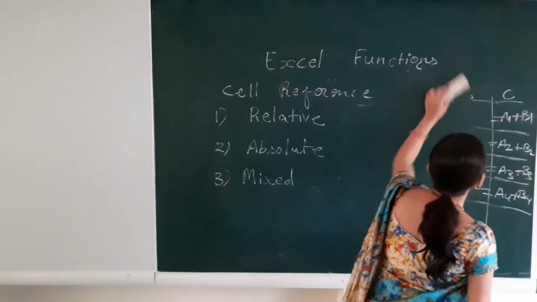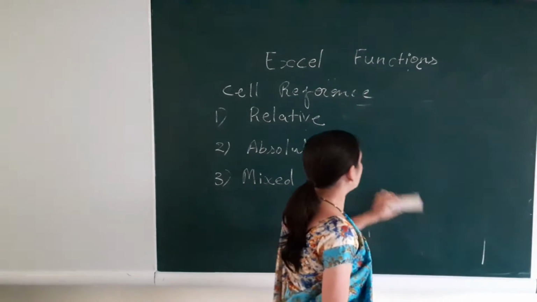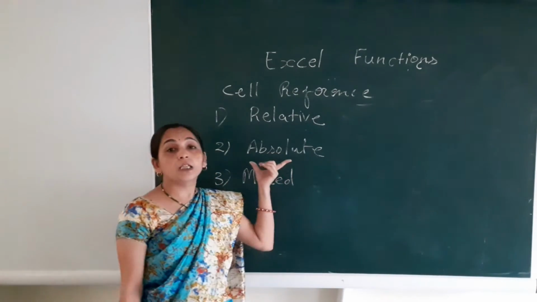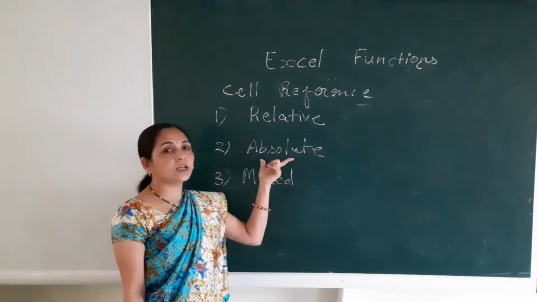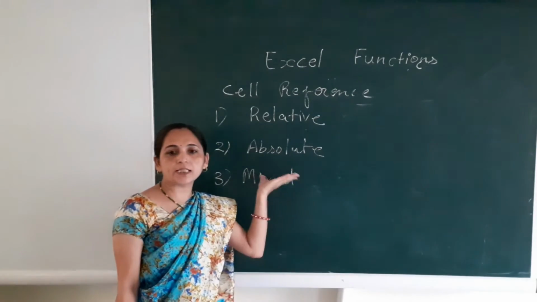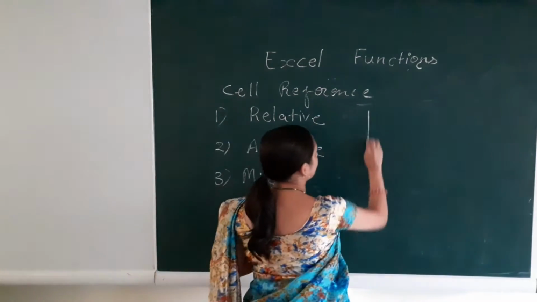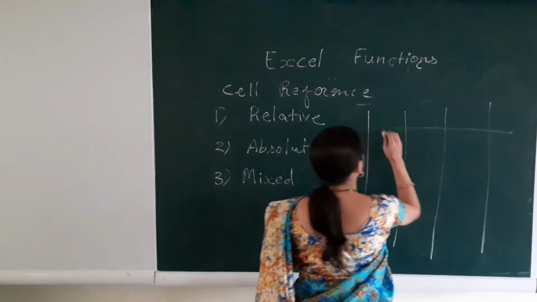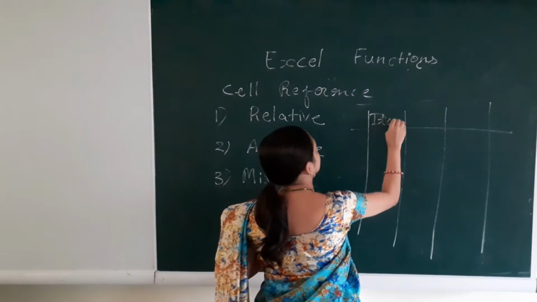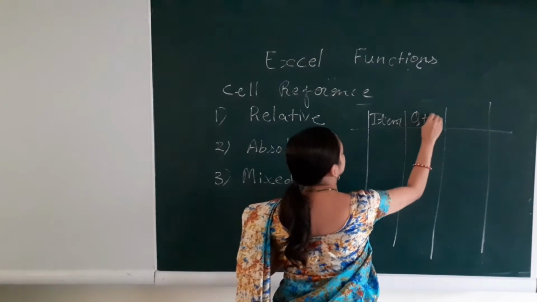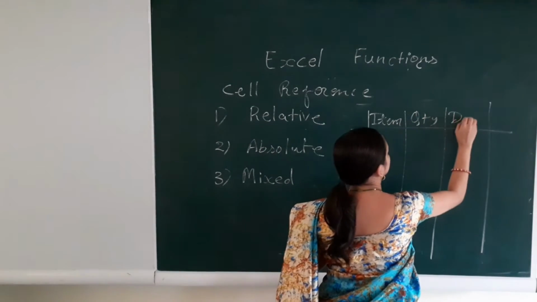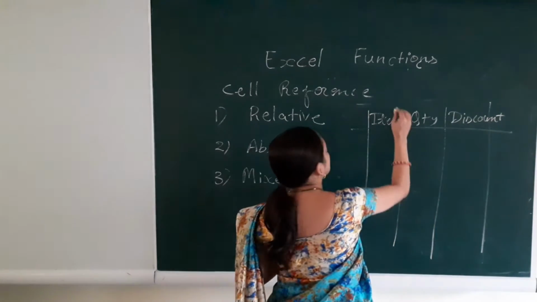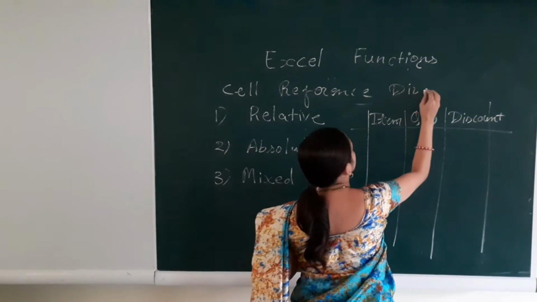Now, next example, I am going to show about absolute cell reference. Absolute means the reference will not change, the formula will remain the same, or the reference will remain the same. So, for example, now suppose I have set the discount